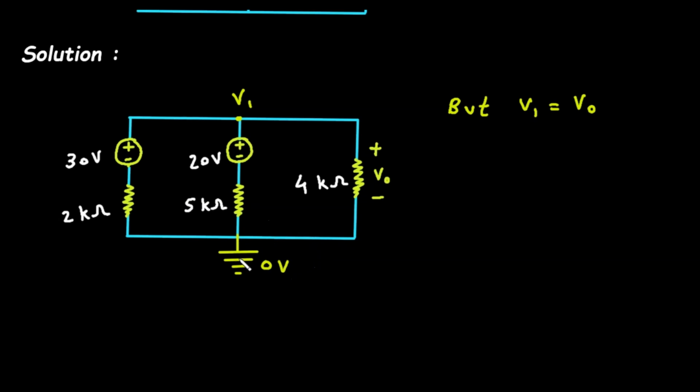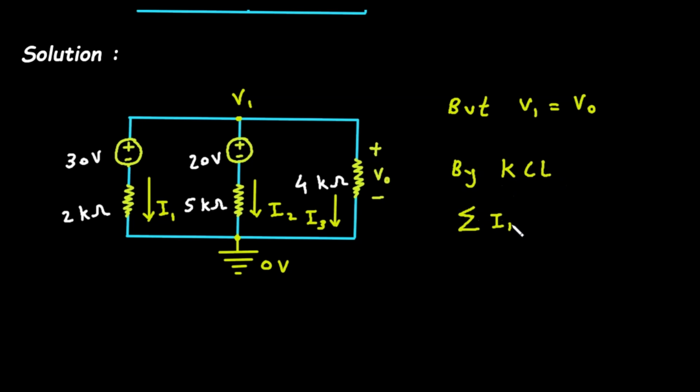Now since the voltage is 0 volt here, we have to assume all the currents towards this node. So let's say this current is current I1, this current is current I2 and this current is current I3. So all the currents towards this reference node. Now what we will do? This is a nodal analysis, so we have to apply Kirchhoff's current law, that is KCL. So according to KCL,